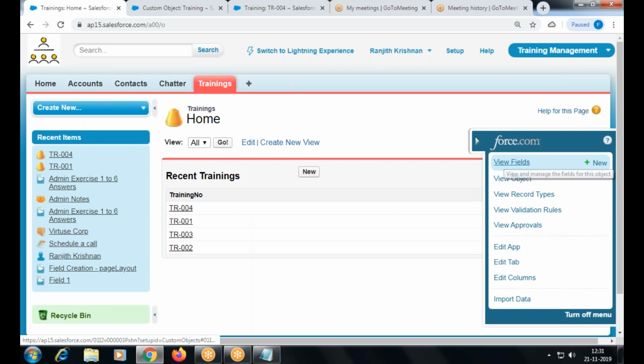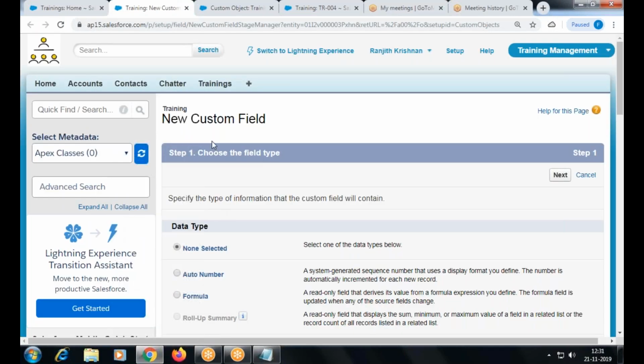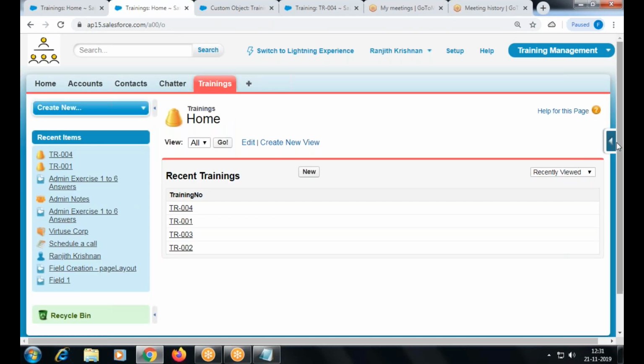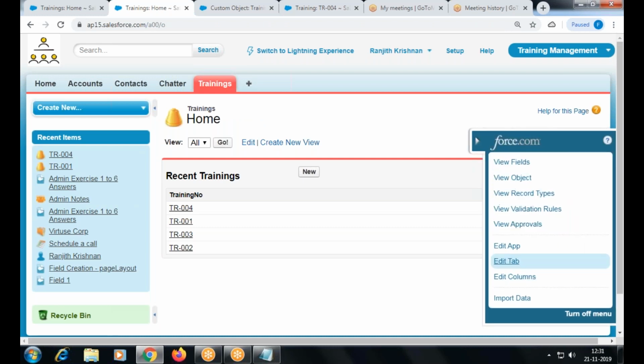From here I can create a field also. I click new, and it directly goes to the field creation section. This is one way. Okay, how can I go to the page layout? Normally, how will you go to the page layout? Setup, you go to Setup and Object, right?